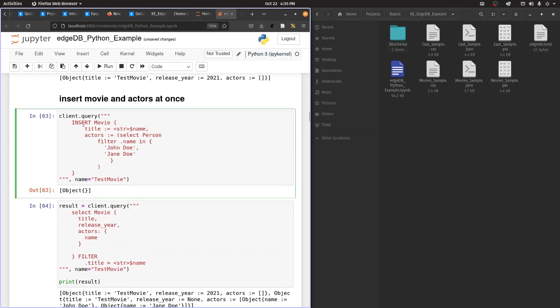Okay, insert a movie and actors at once. So this one's an interesting one, where you can insert into what I would consider more than one table because of how the graph database situation works. So we're going to insert into movies. We're going to insert a title. It's going to be test movie again, which is interesting. And then we're going to insert actors with this as well,